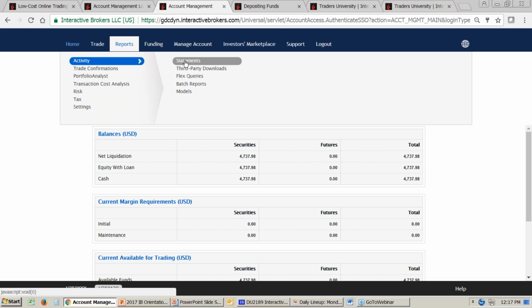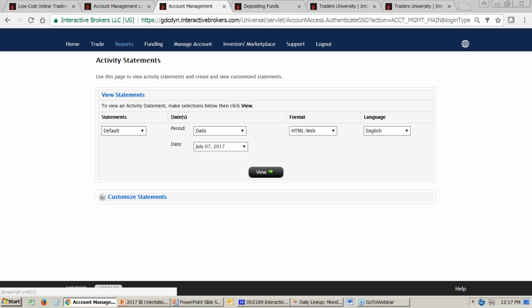Now notice that you can go into your statements. We also have third-party downloads, flex queries, batch reports, and model statements available. So to make your selection, simply move across and then let's click on the statement. Now, statements will be available to you, and you'll see that with everything else on our platform,